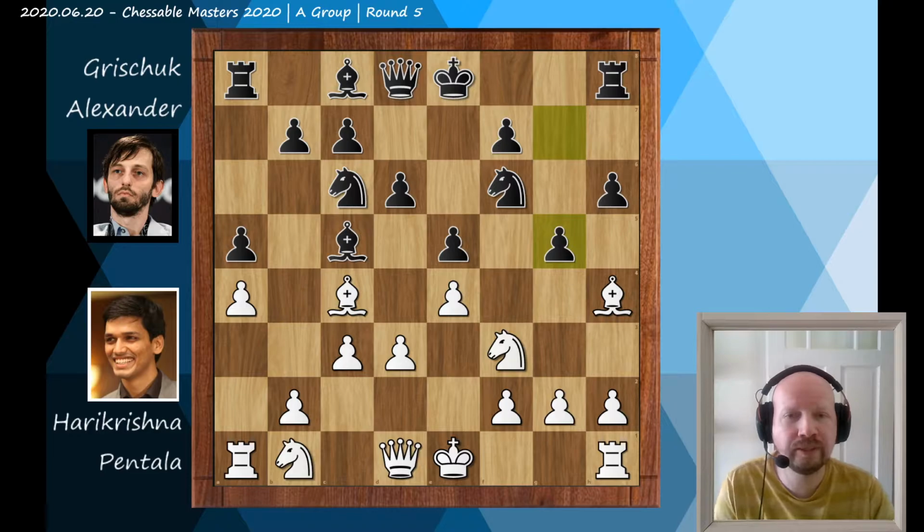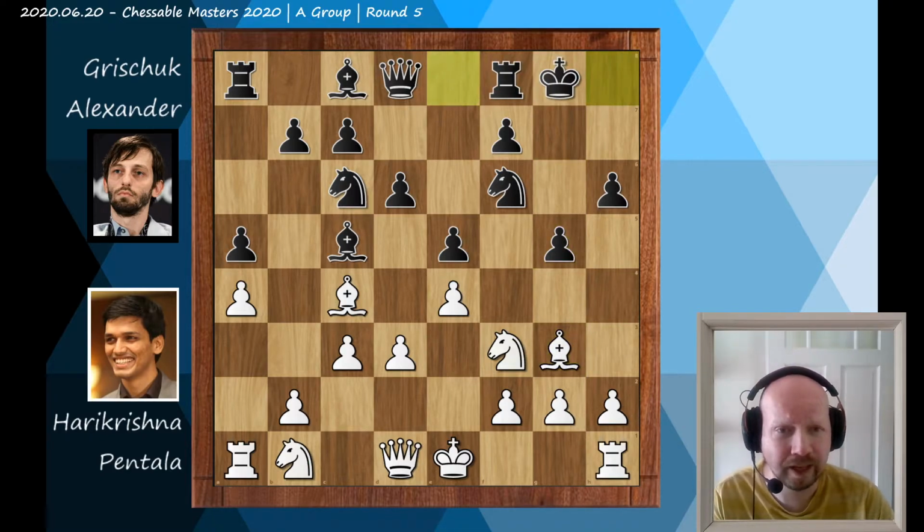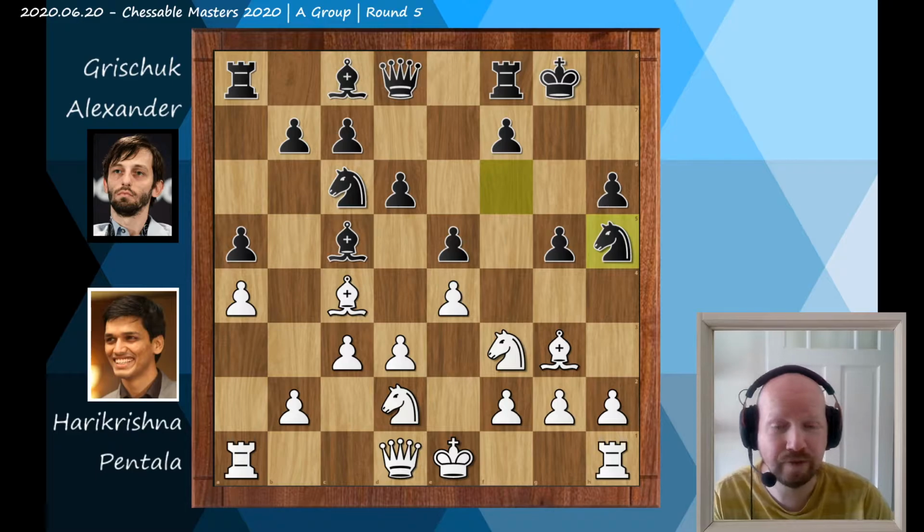And now you can already see what Grischuk has in mind. He wants to attack, and he wants to attack on the king side. So we have bishop to g3, castles, knight b to d2, knight h5, eyeing that nice square on f4,